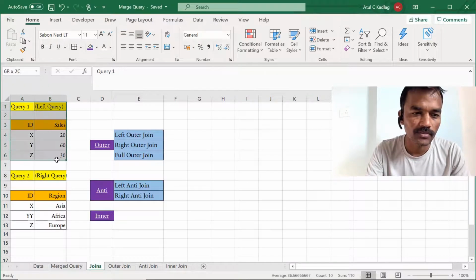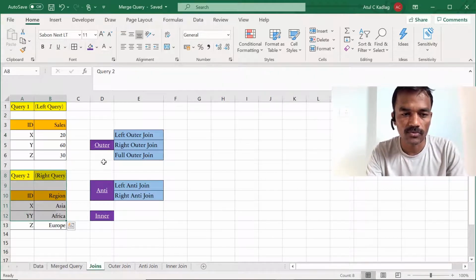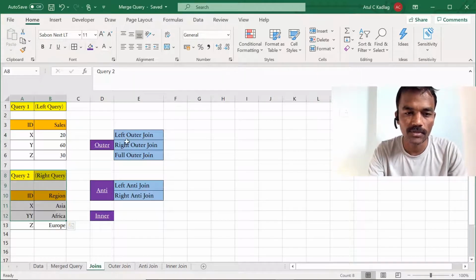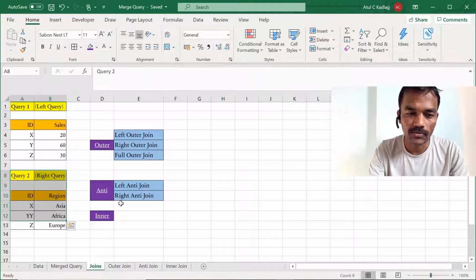Query one will be a left query and query two will be a right query. There are three main types of joins: outer joins, anti joins, and inner joins. In outer joins, there are three types: left outer join, right outer join, and full outer join. And in anti join, we do have left anti join and right anti join, and inner join is just one type.